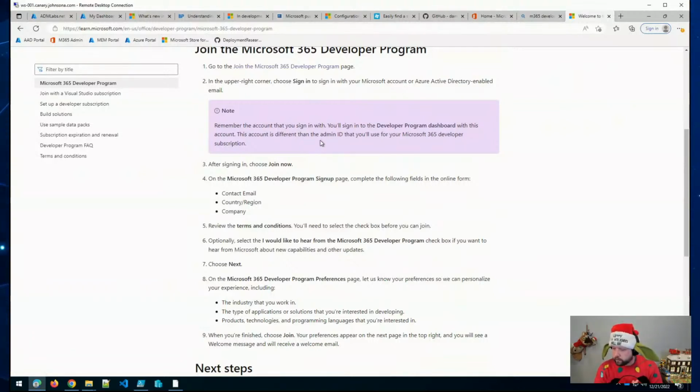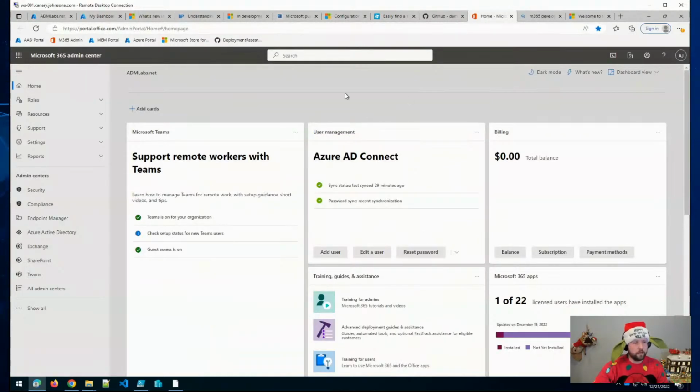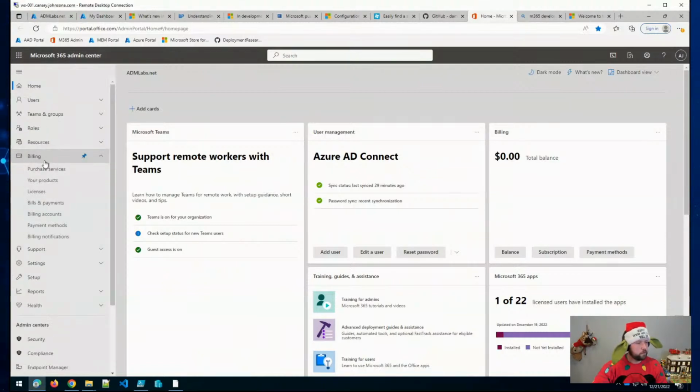So let's see. Can you show me how to add a Microsoft and Azure subscription to it? I think I can do that, Matt. So Matt's asking if I can show how to add an Azure subscription to it. So two different ways that you can add things to the tenant. If you want to add some licenses to this tenant, paid licenses, then you should be able to go into